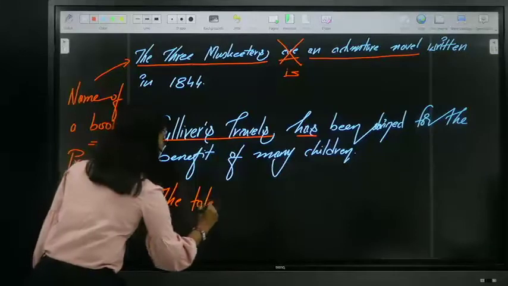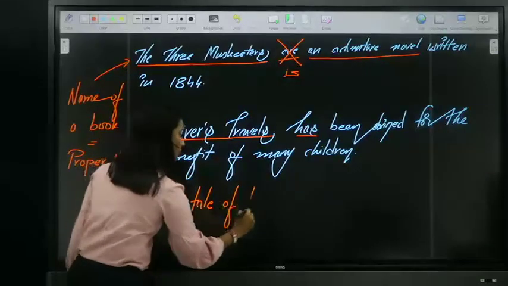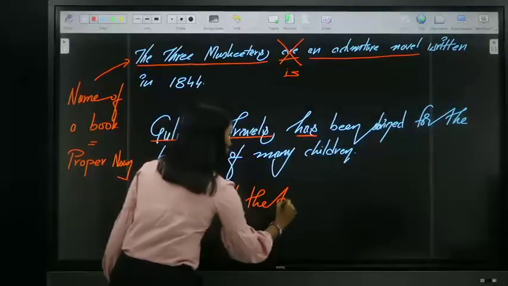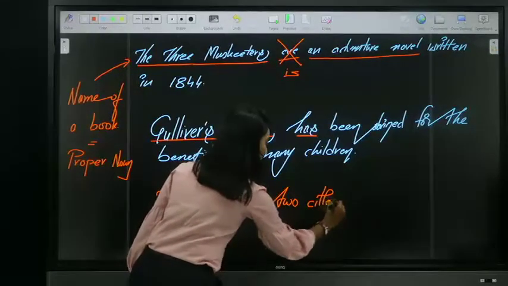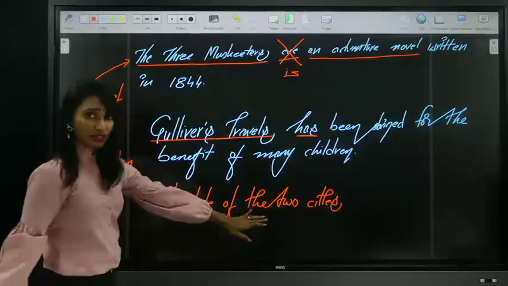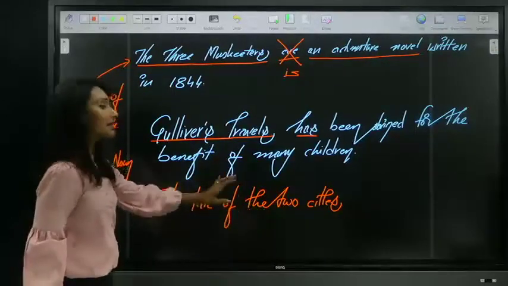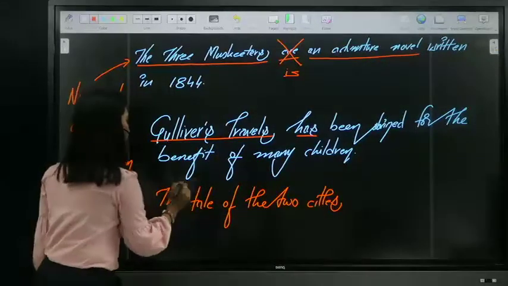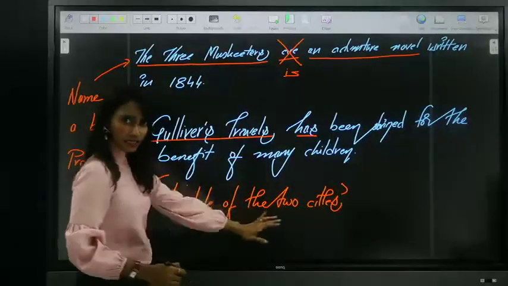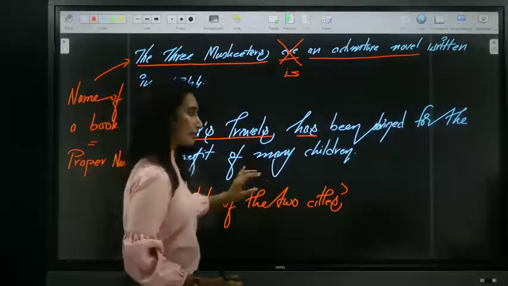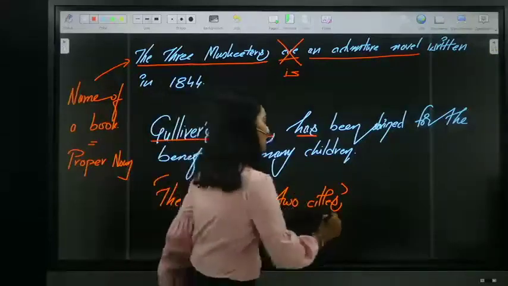The Tale of the Two Cities. Again, it is the name of the book. The Tale of the Two Cities is the name of the book. So it is singular. So the Tale of the Two Cities